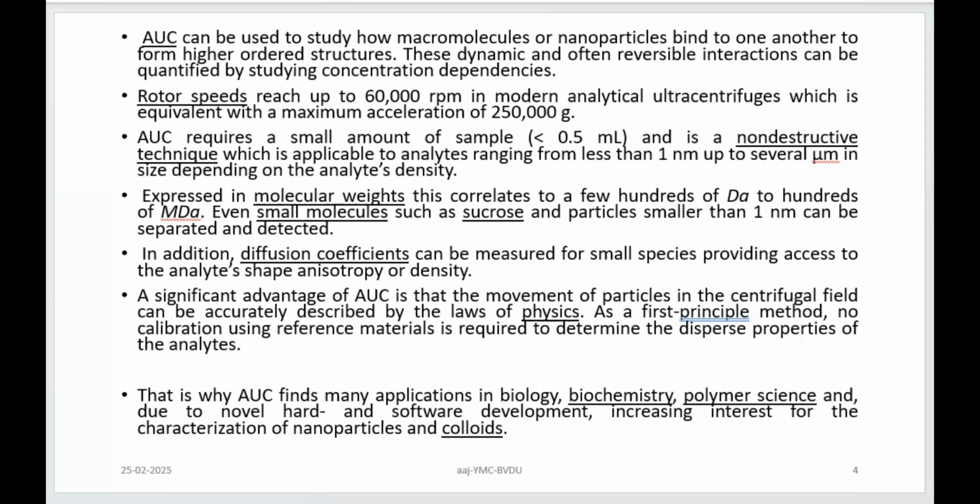So when you talk about the analytical ultracentrifuge, we can get to know about characteristics like density, mass, sedimentation coefficient, sedimentation velocity of the analyte. Also, we can get to know about interaction between the molecules. We can quantify those reactions, right? So these are the diverse fields where you can apply the analytical ultracentrifuge, and all these applications are going to be useful in various disciplines and sciences. We will come to it one by one.